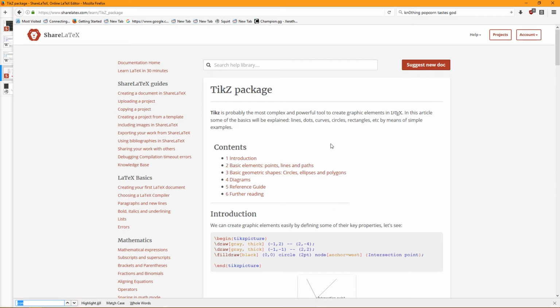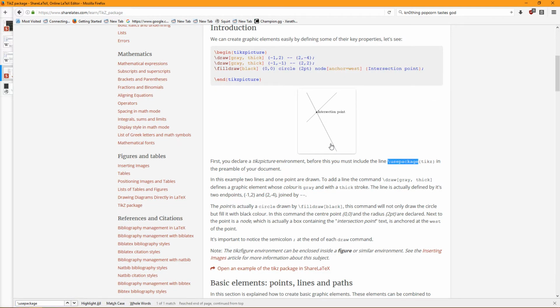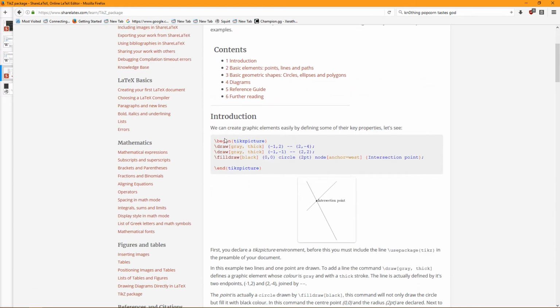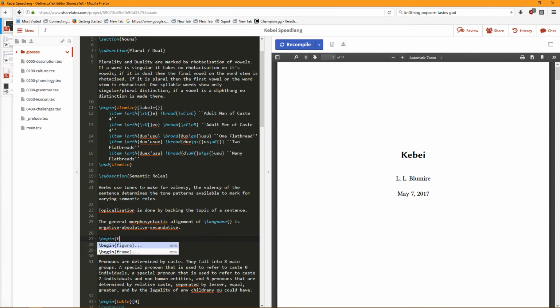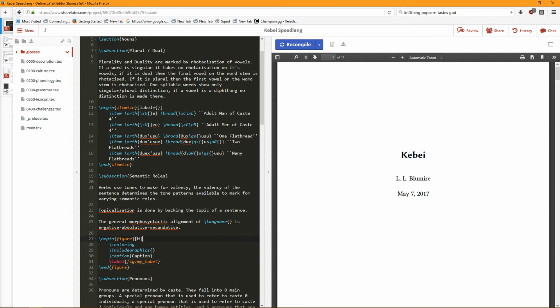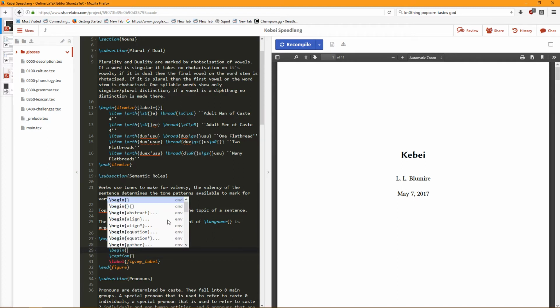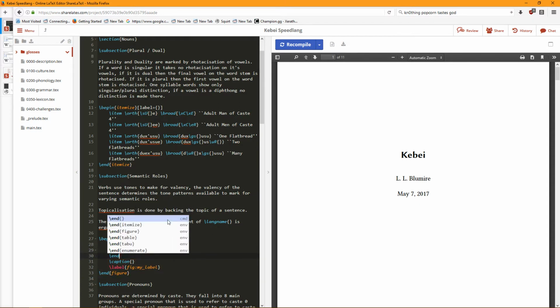Yeah, TikZ, okay. Begin figure H. We're not including a graphic, but we are having a caption. We're doing begin tikzpicture, end tikzpicture, and then this is the ergative, absolutive, secundative alignment. And the figure is going to be called ergab sec.